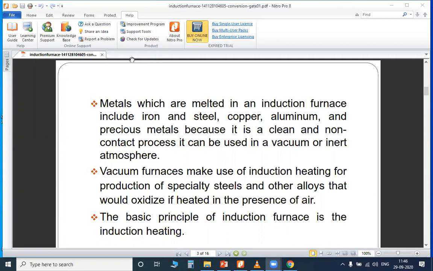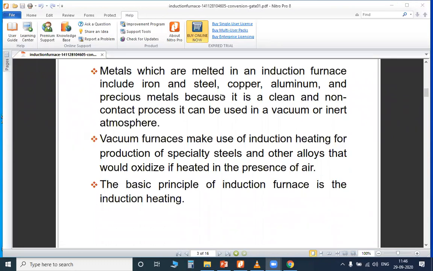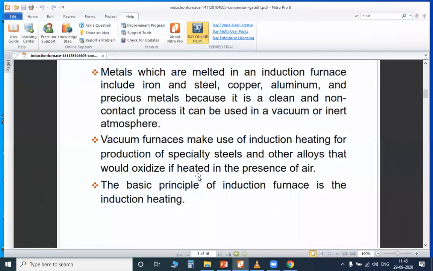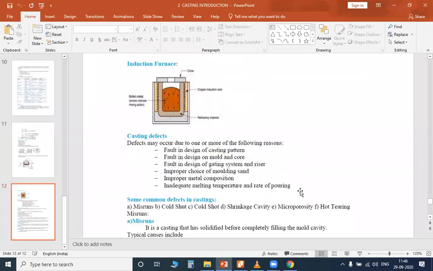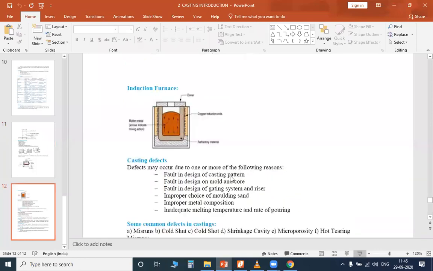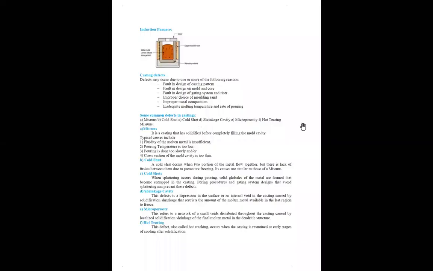This process generates electrical energy over the liquid part. This type is used more in industry. So, clear students, this is what is meant by an electric induction furnace. It consists of a copper induction coil, molten metal, and a cover. So this is the induction furnace.